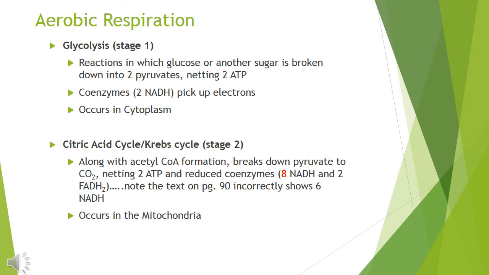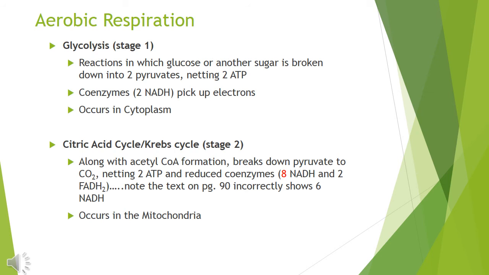And all of this occurs in the mitochondria. So glycolysis occurs in the cytoplasm, and it starts with glucose. It ends up with 2 pyruvate, and then the pyruvate along with the electrons are going to cross into the mitochondria and start the citric acid cycle, which will take the pyruvate and utilize an electron transport chain to